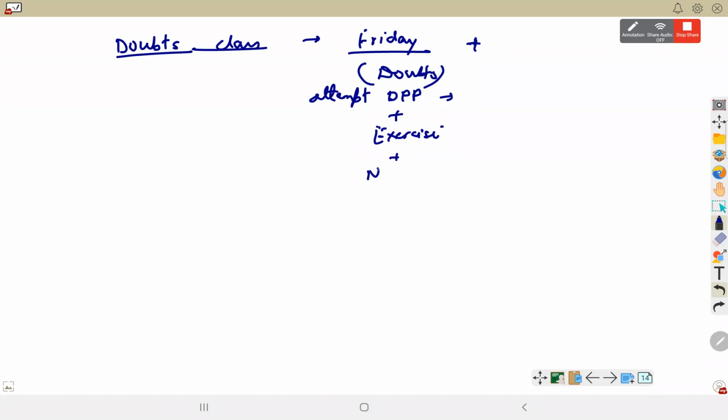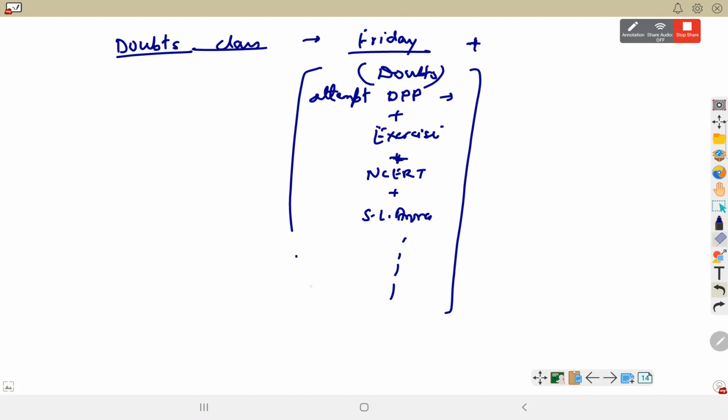What about NCERT? बेटा NCERT तो करना ही है, but NCERT से ऊपर ही बढ़ना है. SL Arora and then the list goes. I have no problem with doubts related to the same chapter, same topic. First chapter का शायद एक subjective test फिर से है Sunday को और objective भी होगा in the app. So please do it. Finish it so that Friday you can ask your doubts. After the doubts only, we will be proceeding with syllabus further. The DPPs that I have given, you are supposed to solve before the class. Each and every question solving facility is stopped now.